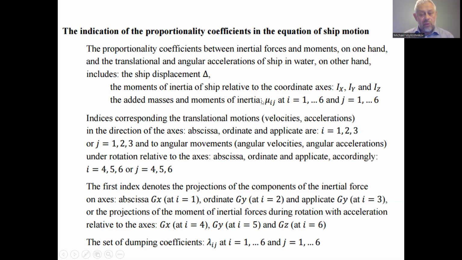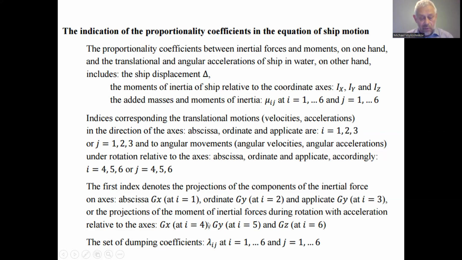And the factors of proportionality, meaning the water impact, we denote mu ij. The first index denotes the projections of components of the inertial force on the axes abscissa, ordinata, and applicata, or the projections of the moment of the inertial force during rotation and acceleration relative to the axes abscissa, ordinata, and applicata as well. The set of damping coefficients we also have to consider,